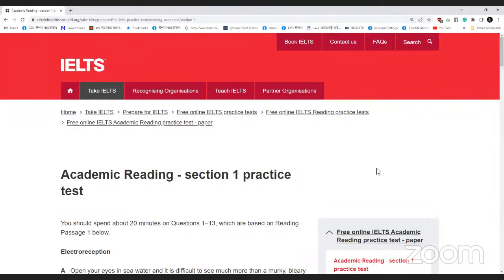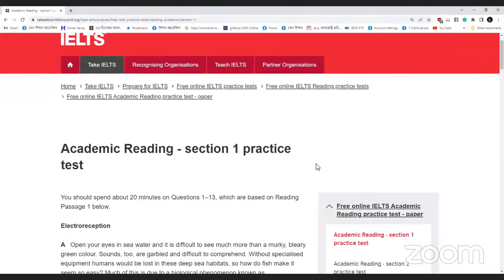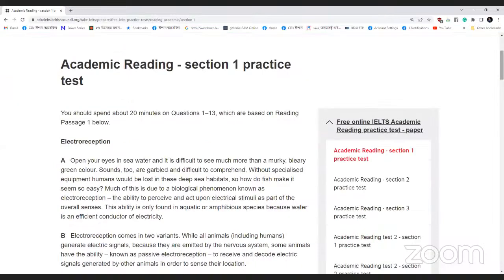Okay, thank you. So this is the official website of IELTS, actually the official website of the British Council, and I'm showing you one official passage from the reading module. I'm not going to talk about the reading module itself, as that's the task of the regular IELTS classes. But as this is a workshop, I'm going to show you how to skim through the topic of the passage,